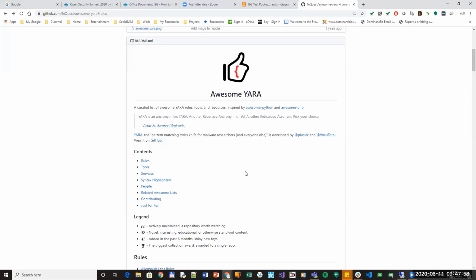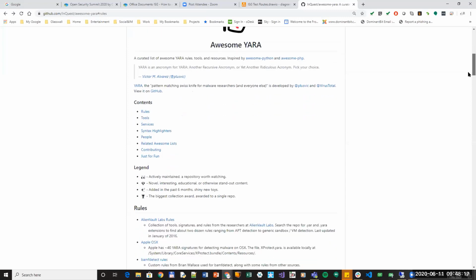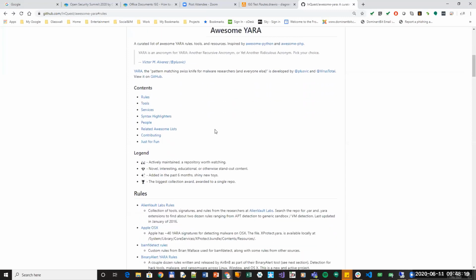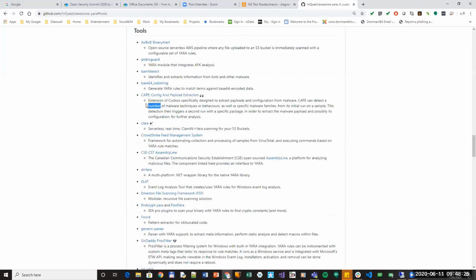I noticed it saying inspired by Awesome Python, Awesome PHP, suggesting it's built around that. And this reminds me of things I've done in the past, where I've used a Python tool called SCons, a build tool that allowed you to do build files, but where there were custom bits, you could just drop regular Python in to deal with edge cases. I'm wondering if this is... So there is a way to